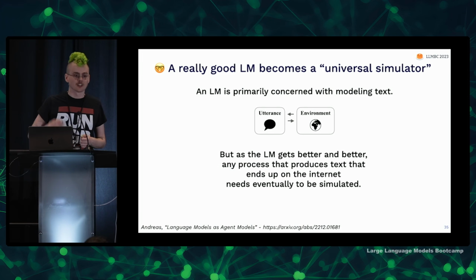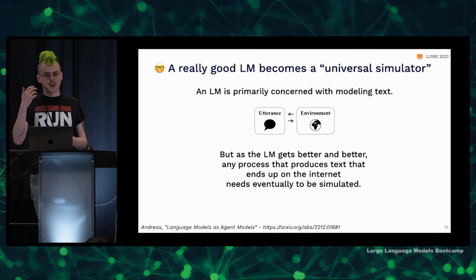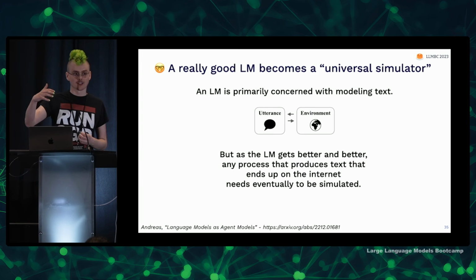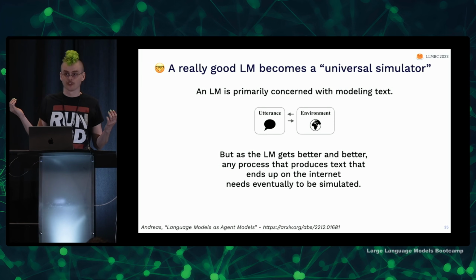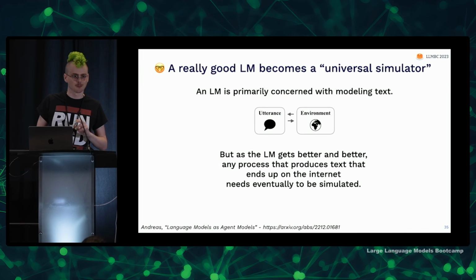And so as a language model gets better and better at these really, really large scales, language models are at the point where on almost every document, one of their top 30 words is the next word. So these are extremely good at modeling text. And the only way to get that good at modeling text is to start modeling internally all kinds of processes that produce text that ends up on the internet. So you're going to be reading, say, the outputs of Python programs. So you better come up with a way to heuristically, approximately run a little Python interpreter in your brain before you predict the next word.